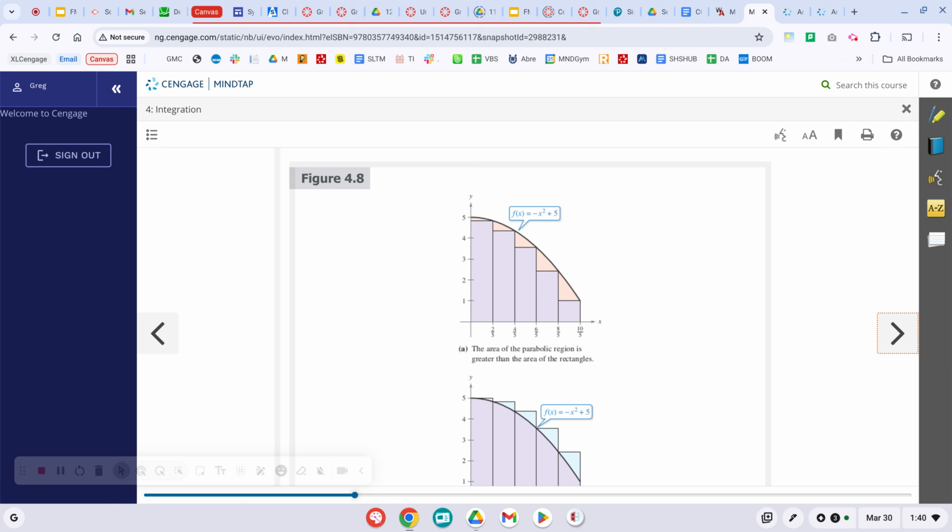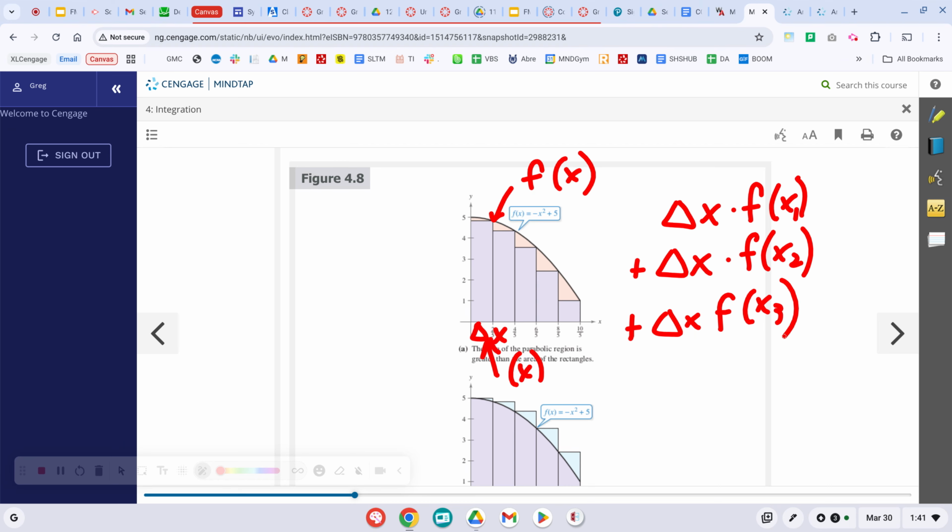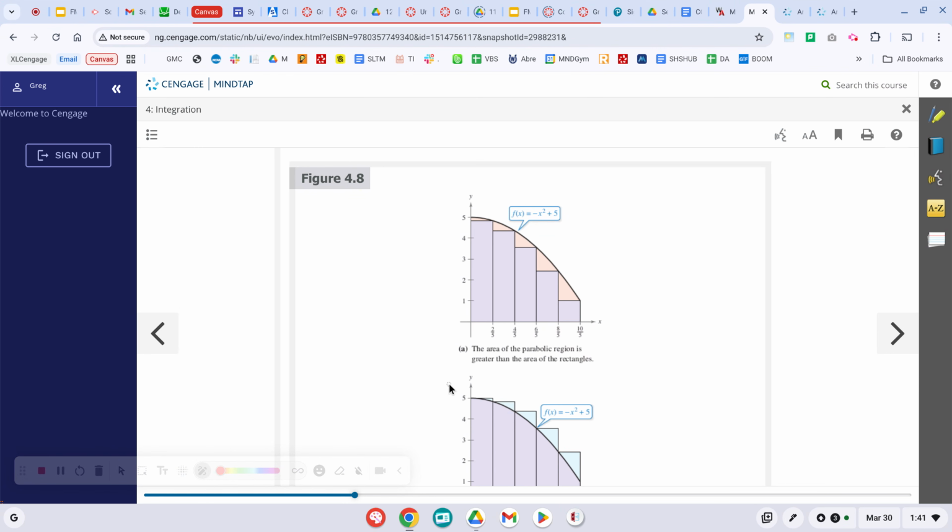So what I want you to know about this, I need to use this drawing tool, is that we are adding up, this is delta x, that's x, and that's f of x, and we're adding up delta x times f of x1 plus delta x times f of x2 plus delta x times f of x3 all the way 5 times, okay? This becomes the basis